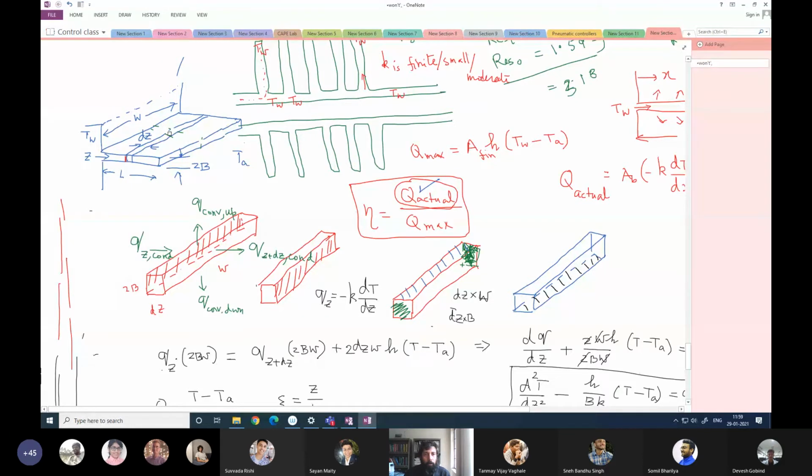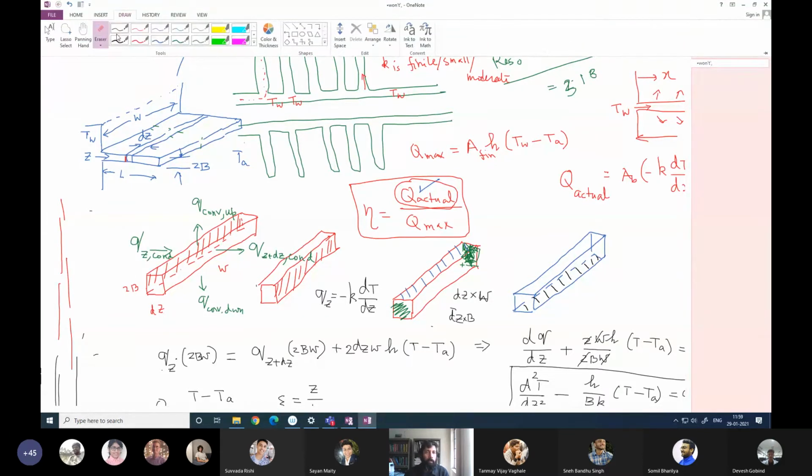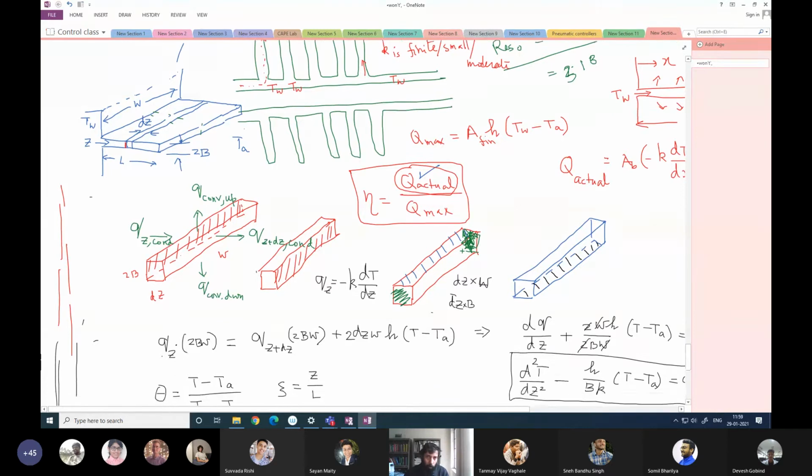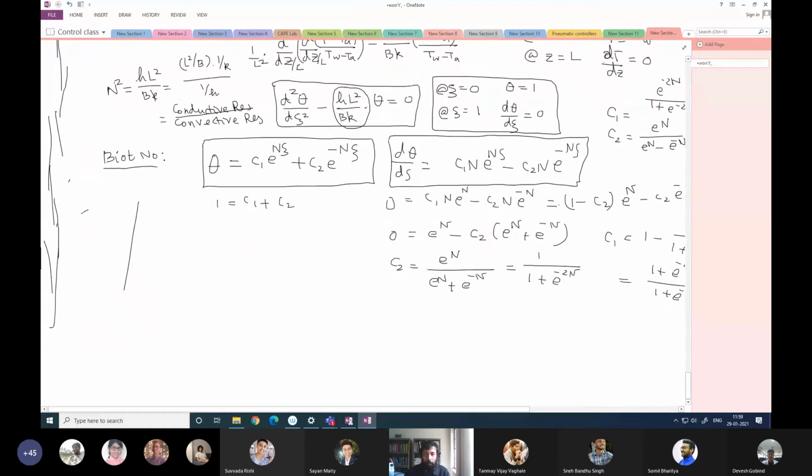So it is easier to recognize that whatever heat is being pushed through the base at steady state has to be transferred. There is no other way. If it's steady state, it has to be transferred, otherwise there will be accumulation. So the total amount of heat transferred,